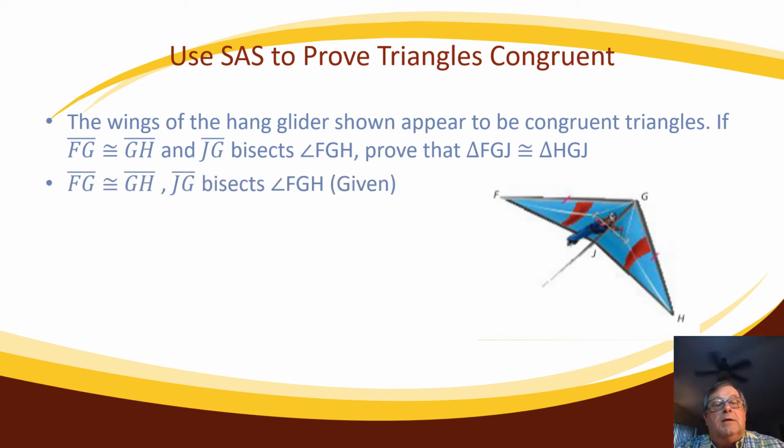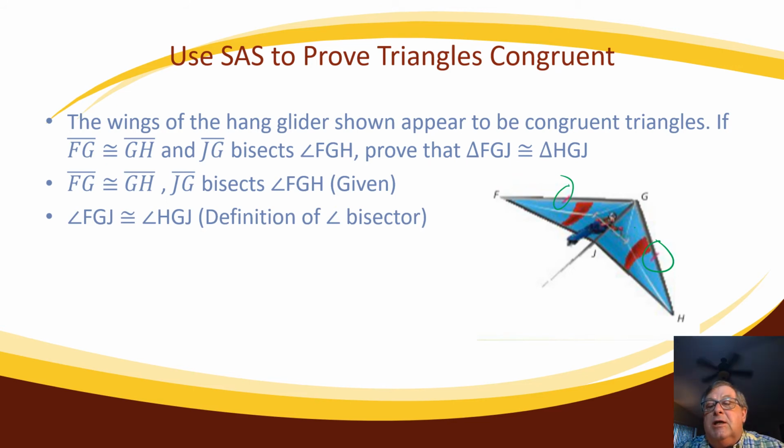All right. So our given statements were that segment FG is congruent to GH, and we see our little congruency marking right here and right here. So those two are congruent. And segment JG bisects angle FGH, and that is our given. Now, that being the case,